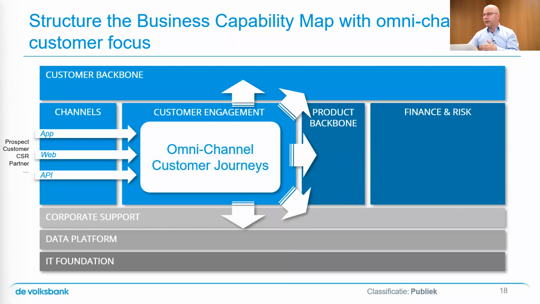I could start online and then call them and say, hey, listen, I've got a problem. Can you help me out? I can see what the problem is. Let me help you out there. Or I go to the physical branch and they know exactly what I did yesterday or this afternoon, and they can help me move forward getting my products and services in place or my problem solved, etc. So it doesn't really matter anymore where you start or which channels you use. It's seamless. And it allows the customer to perceive an organization from the best channel they see fit for, rather than being forced into a single channel silo.